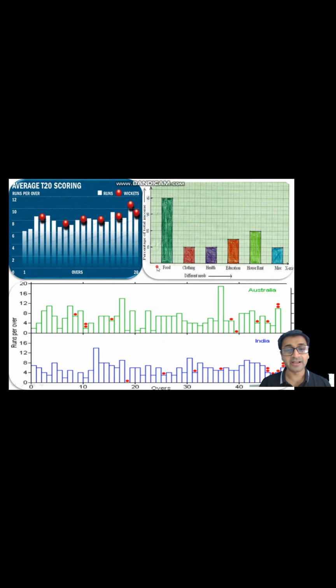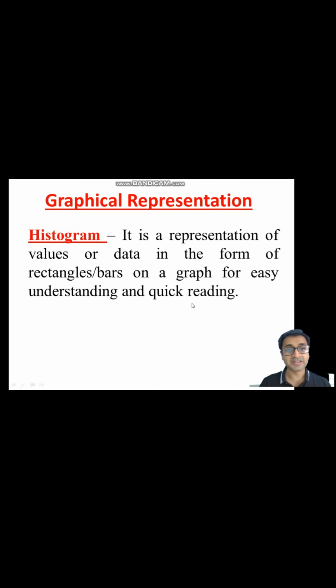Likewise, these are called bar graphs. And then there are some special types of bar graphs called histograms. So if you see the difference, here there is a gap of 1 unit. But here they are all side by side with no gaps. So what are histograms? Histogram is basically a representation of data in the form of rectangles, just to make the entire data easier to understand at a glance probably.